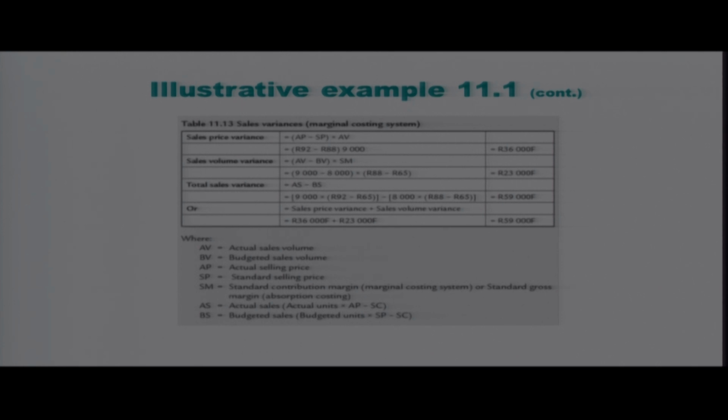So the price actually sold was 92 Rand. When we budgeted 88 Rand, we actually sold 9,000, and that will still give us a variance of 36,000, which is favorable. When we go to the sales volume variance, we actually sold 9,000 units when we had budgeted to sell 8,000 units, multiplied by the standard contribution, which will now say selling price budgeted 88 Rand minus all the